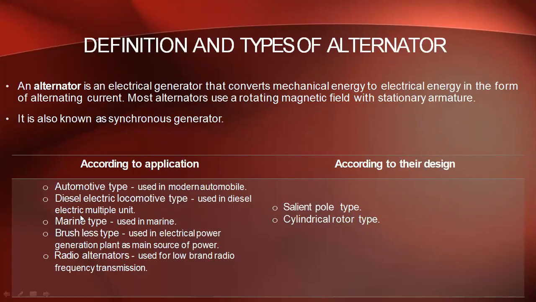Coming to the applications, it is used in automobiles and also electric locomotives, marine, and radio alternators. That means this can also be used in low band radio frequency transmission and also in electric generation plants. All these are applications of alternators. Coming to the classification, alternators are mainly classified into two types depending on the design: salient pole type and cylindrical rotor type. I will tell you about these two